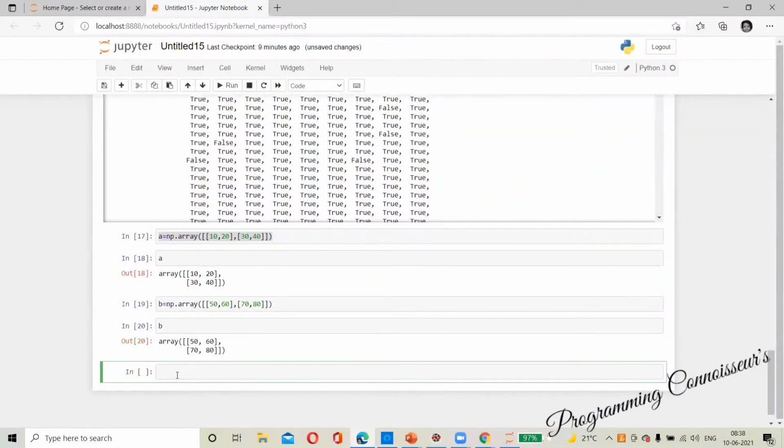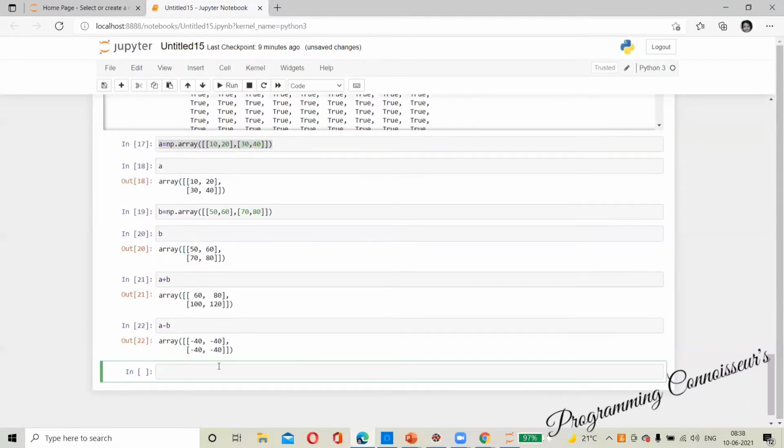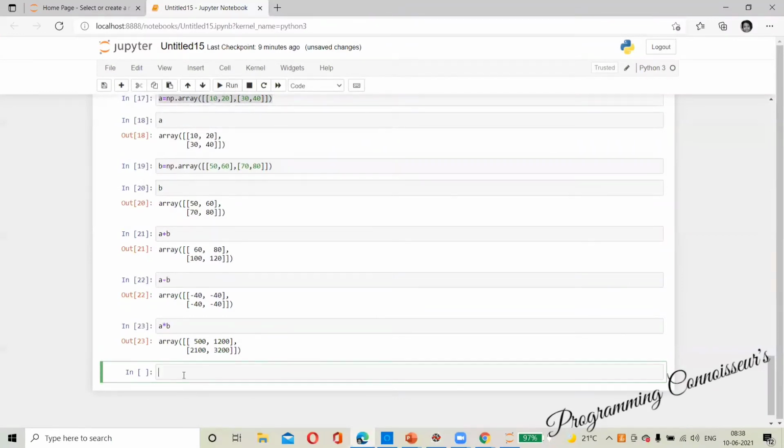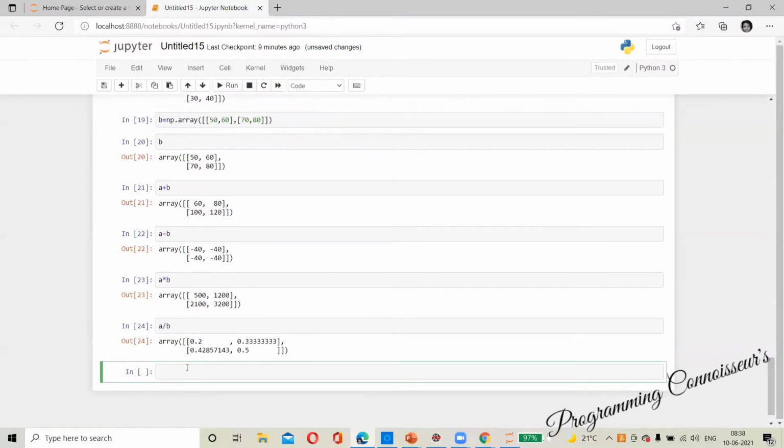Now, what can I do? A plus B. Can I do? Yes, I will be able to do. A minus B. Can I do? Yes. A into B. Can I do? Yes. A by B. Can I do? Yes, I will be able to do.